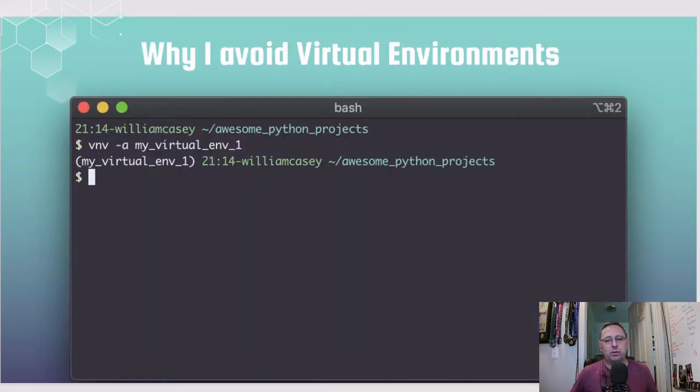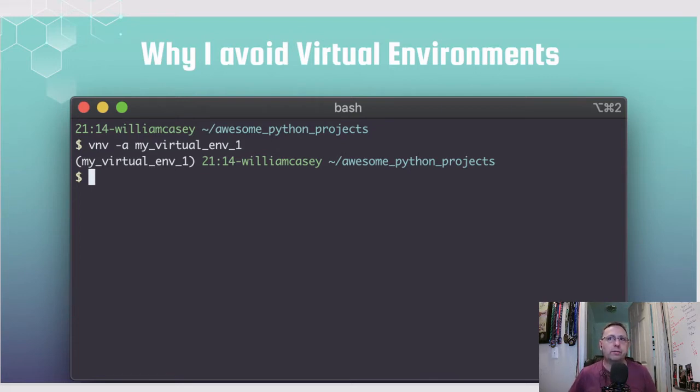All right. I hate virtual environments. I've said it. For me, it's just a pain to configure and manage all the time, especially when I have a habit of working on multiple projects at any one time. So to go into the command line and build a virtual environment and name it and keep track of what I've named everything, especially when I'm split between projects, it can be very overwhelming